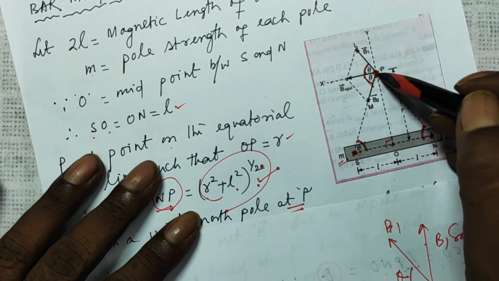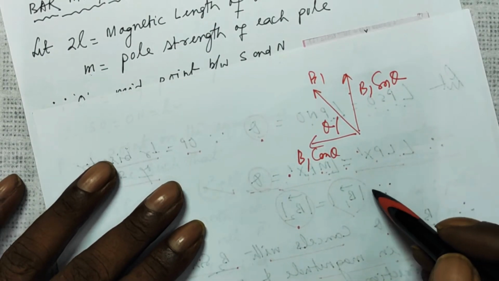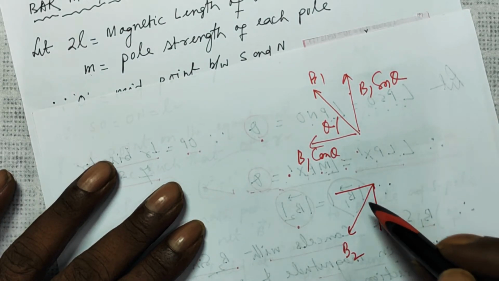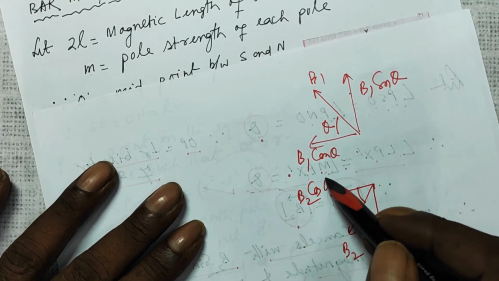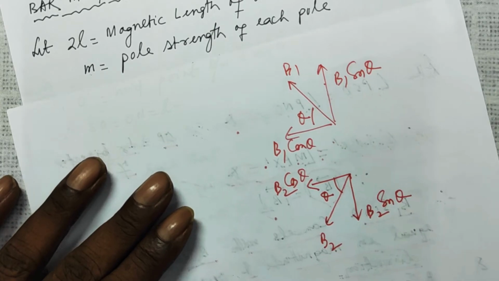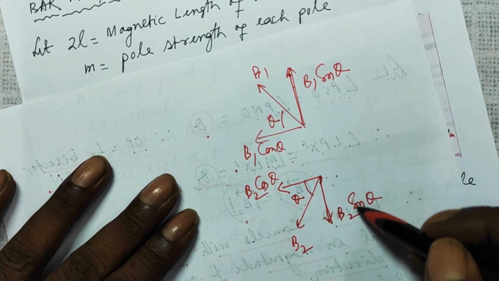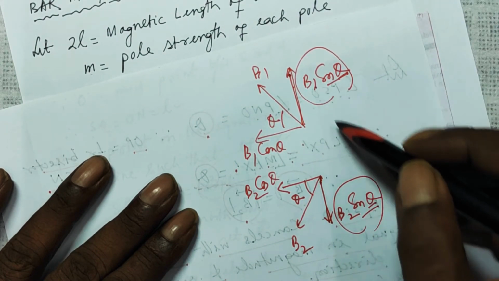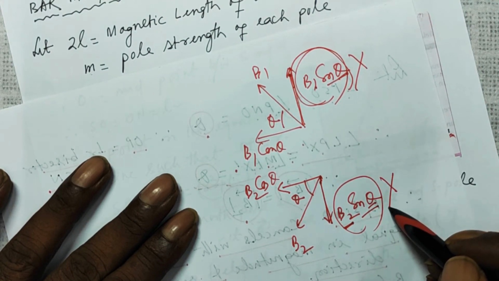Now, if you look at B2, that is the magnetic field at the point P due to the south pole, B2 is this way. And this is one component, rectangular component, this is theta, therefore this will be equal to your B2 cos theta and this will be equal to your B2 sin theta. So what do you conclude? B1 sin theta is to this side, B2 sin theta is to this side, they are opposite. Same theta, so sin theta is same and magnitude of B1 is equal to B2. Therefore, B1 sin theta cancels with B2 sin theta.